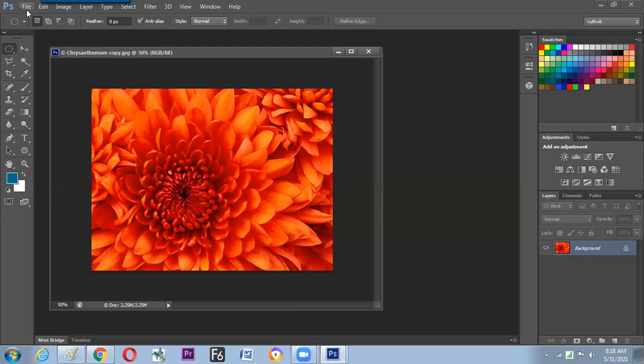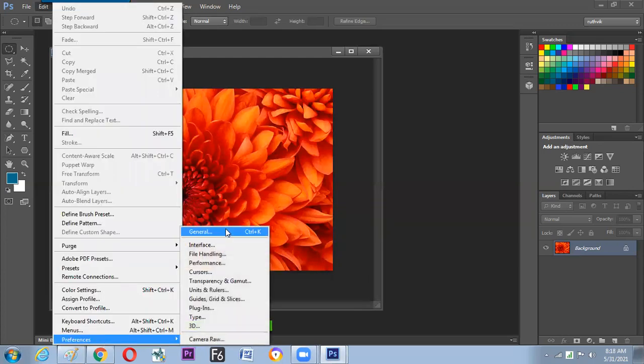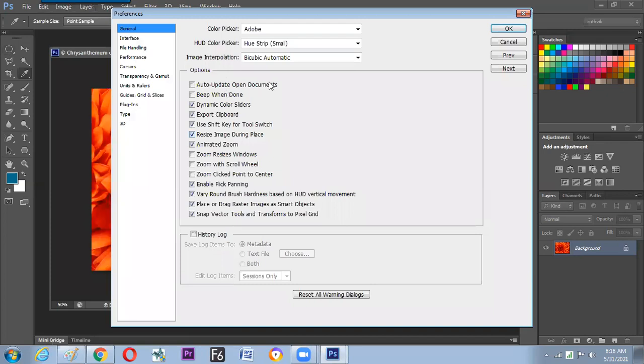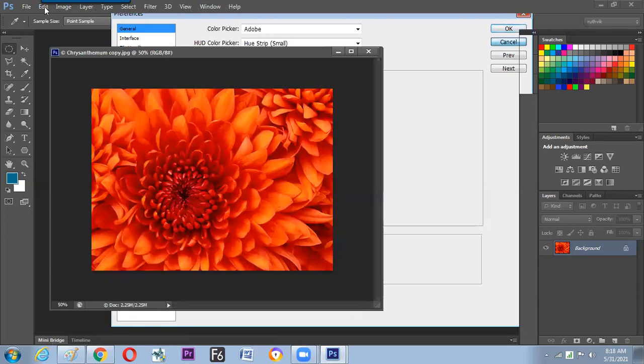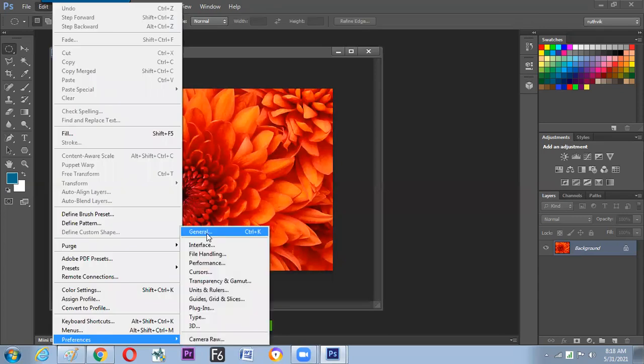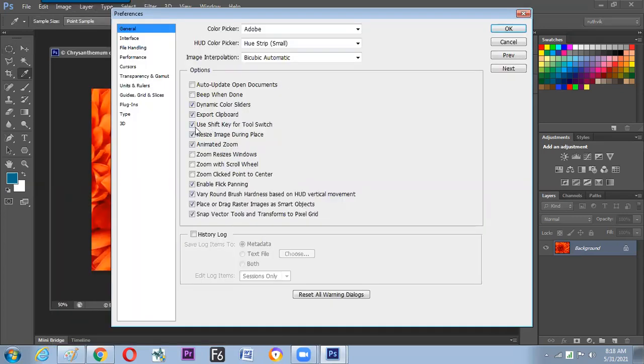It is mentioned inside the Edit menu, called Preferences, and General. In General, we find an option called Use Shift Key for Tool Switching, because the same shortcut will be there for both tools. And then you can switch to the next one by holding the shift button.